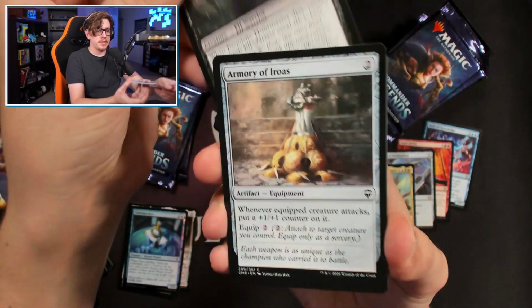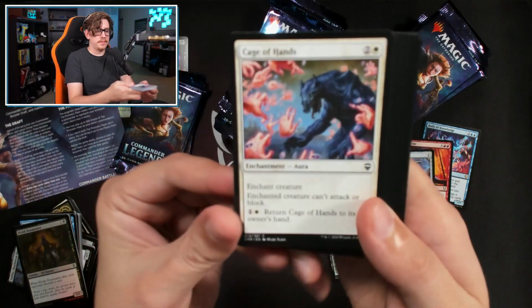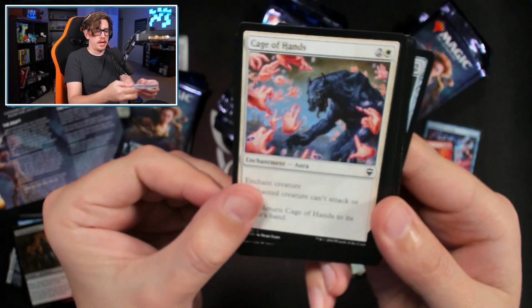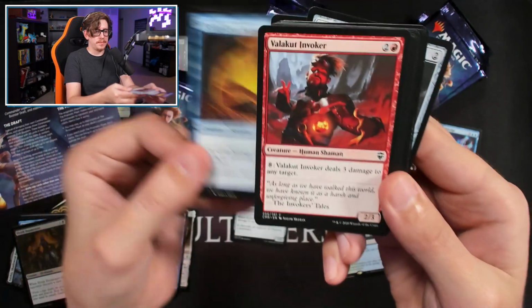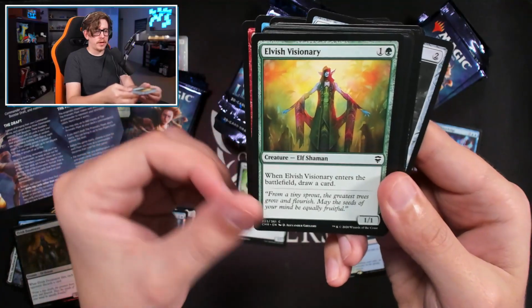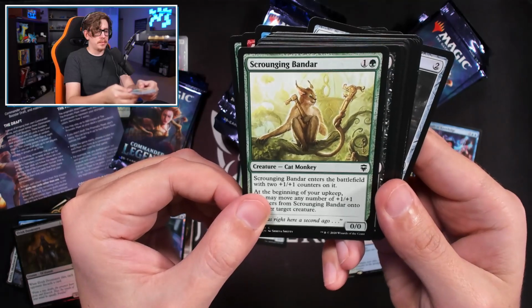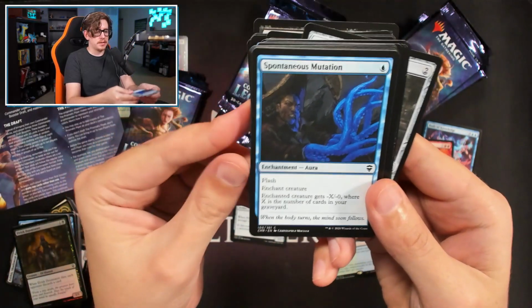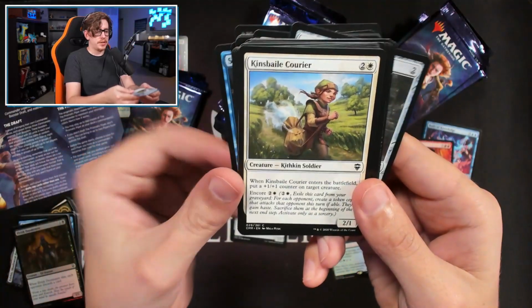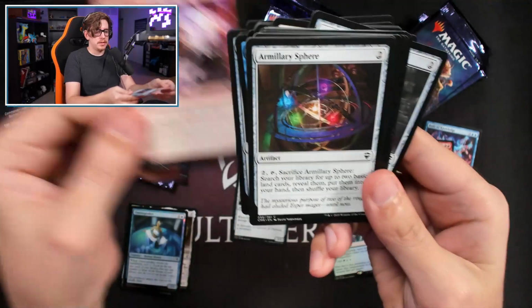Exquisite Huntmaster. Armory of Iroas. Cage of Hands. Scrapdiver Serpent. Delicate Evoker. Elvish Visionary, great card. Scrounging. And our Ghastly Demise. Spontaneous Mutation. Okay. See if there's...